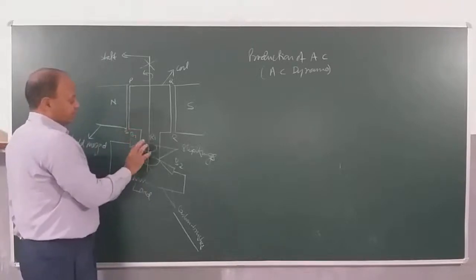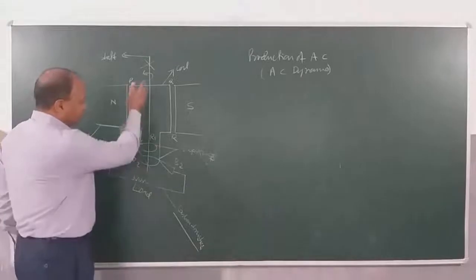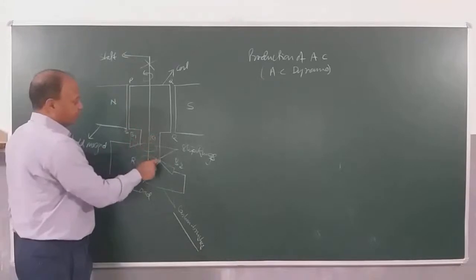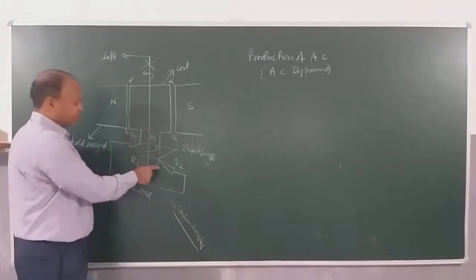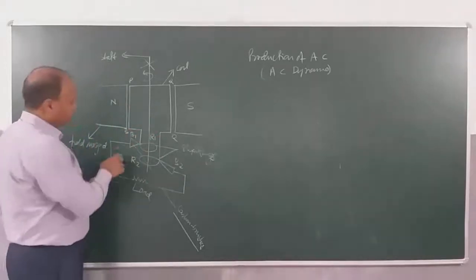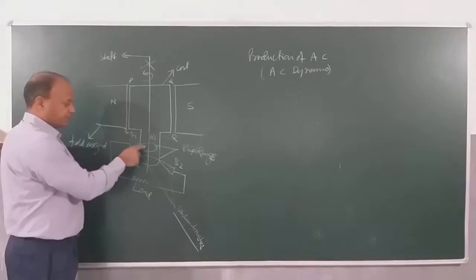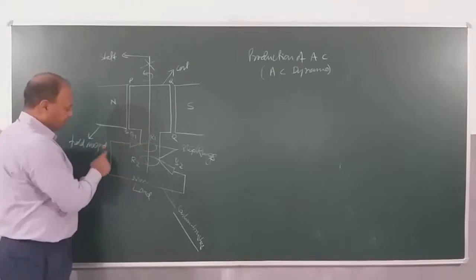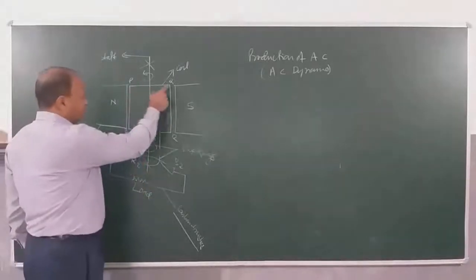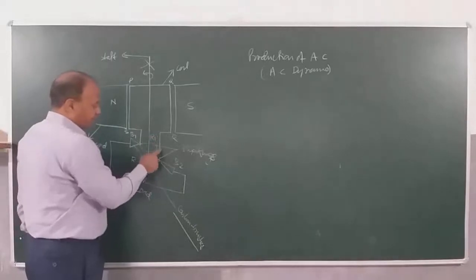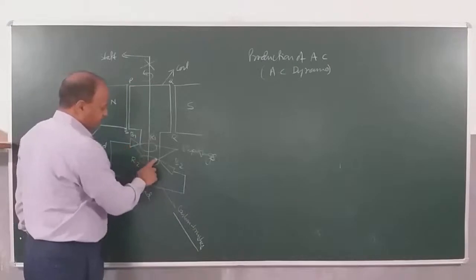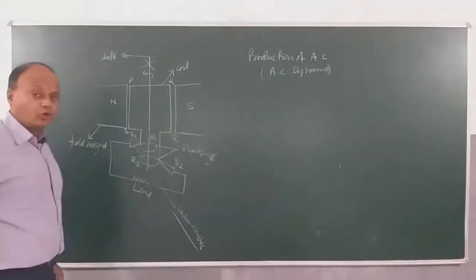Now these rings are basically two metal rings, they are insulated from the shaft, and the two ends of the copper coil are soldered, one is connected to R1, the other is connected to R2. You can clearly see when the current is clockwise, it will come to R1. From R1, since carbon brush B1 is touching R1, it will come to B1, and from B1 will come to the load. Load means the appliance where you are using it. If the current is anti-clockwise, you can see current will come like this, it will come to ring R2. Ring R2 is in contact with brush B2, the carbon brushes are touching the two rings, and from here it will come to the external circuit, that is the load where you want to use it.